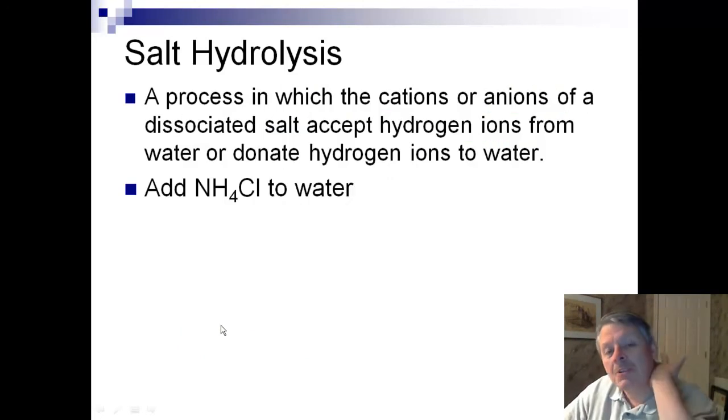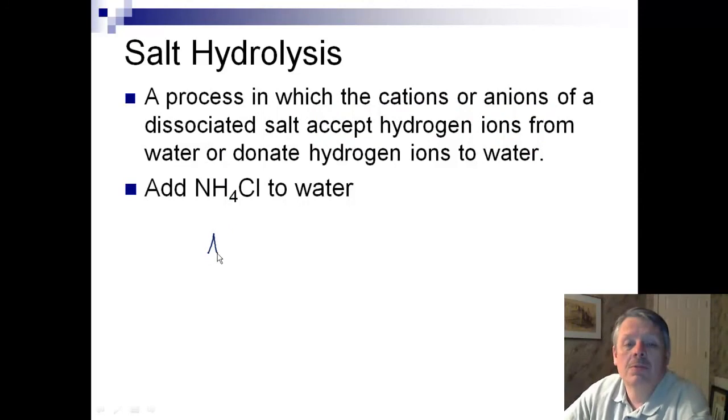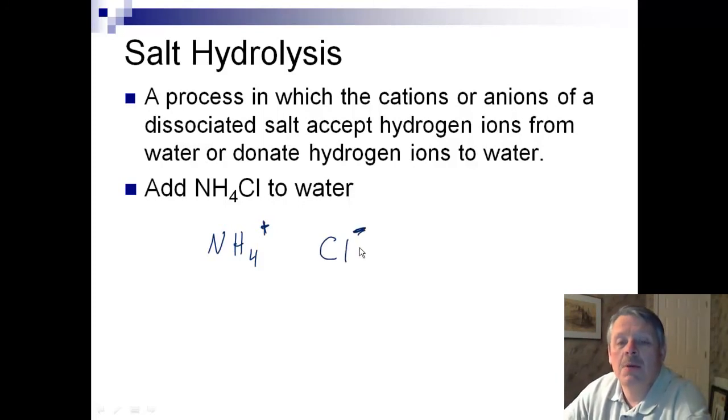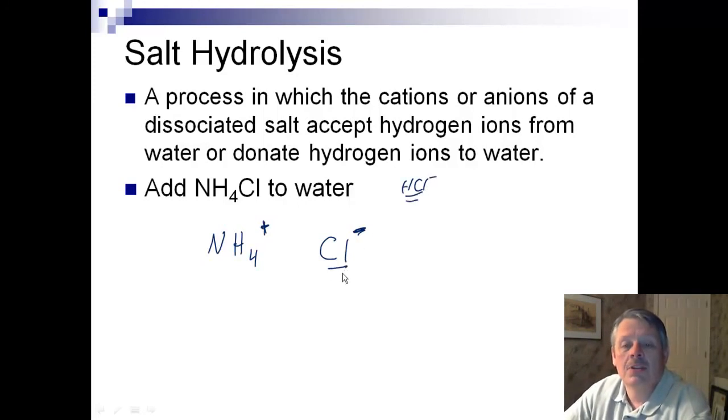What happens if I add NH4Cl to water? Well, NH4 is ammonium. It's not ammonia, it's ammonium, and that puts NH4+ in the water, and it puts Cl- in the water. Now let's think about one of our favorite strong acids, HCl. So we look at the Cl and say, well, that is the anion of a strong acid. What about NH4? We've talked earlier in previous podcasts about how NH4 acts as an acid,